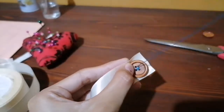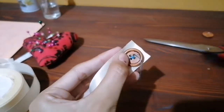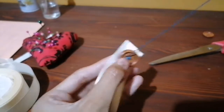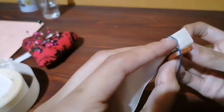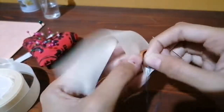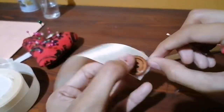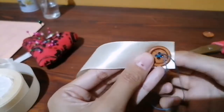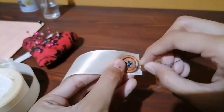Once you've done it a few times, then you can enter through the back of the needle. You'll see now. Okay, maybe not. Okay, enter through the back, but don't pass through one of the holes of the button. Then you want to wrap the thread around the button or the back of the button, and that will make space for the elastic and it will also secure it. Then make another X through the button,